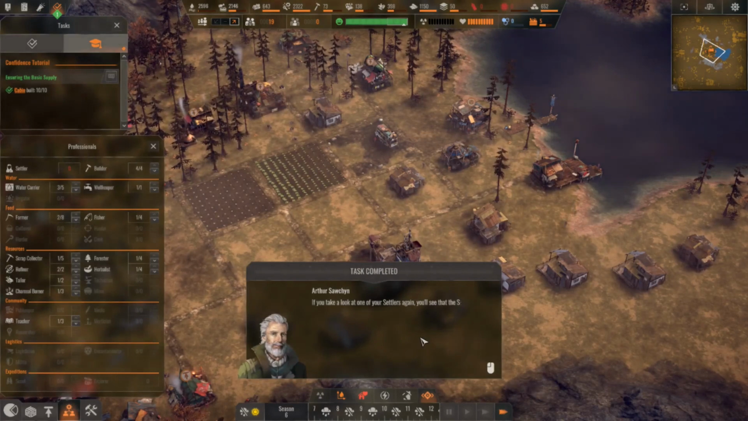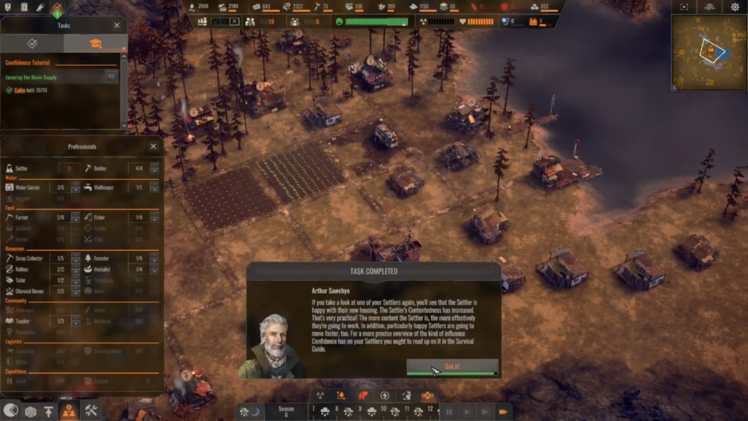If you take a look at one of your settlers again, when the